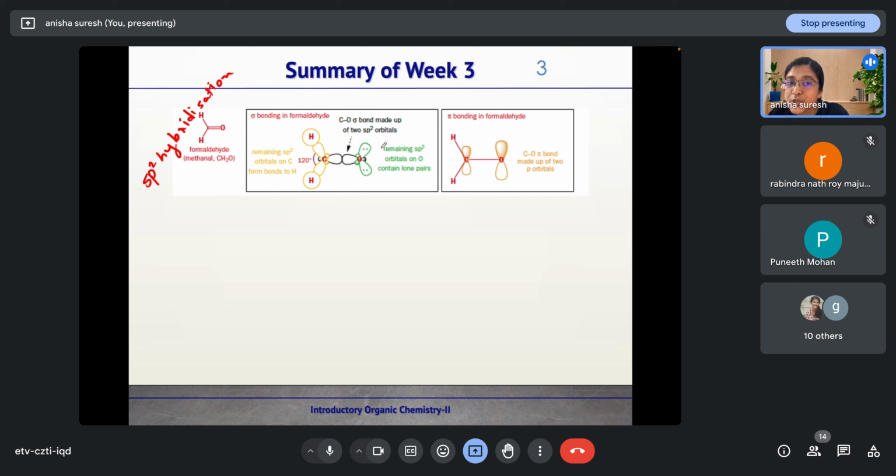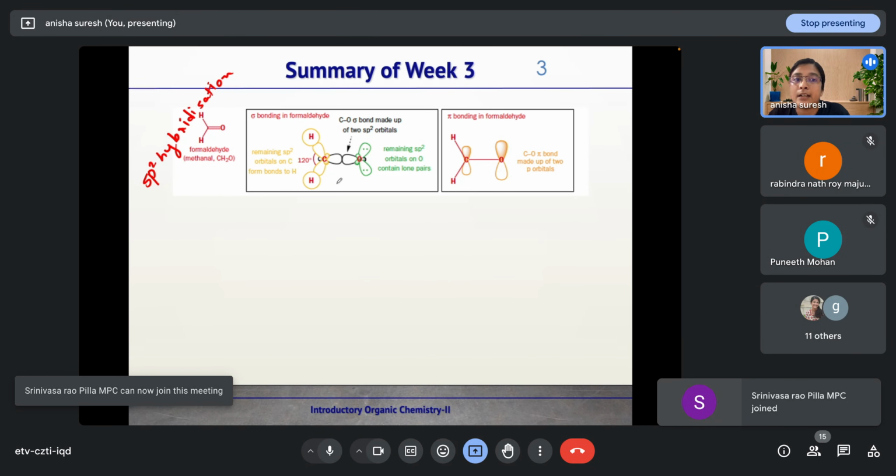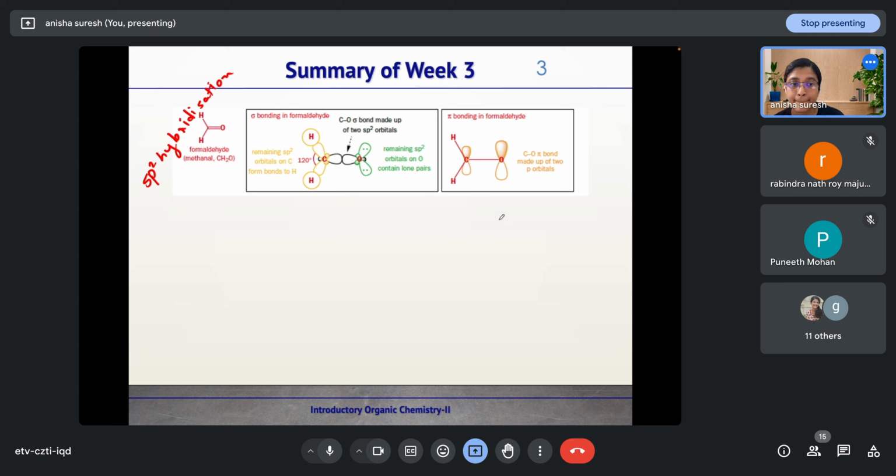So the remaining two sp2 hybridized orbitals of oxygen will hold the lone pairs. Okay. Then if we are considering the pi bonding in formaldehyde, we should first discuss the orbitals. Since oxygen is electronegative, it will be lower in energy. Carbon will be a little higher in energy. There will be one electron each in oxygen and carbon. They will combine, resulting in the formation of